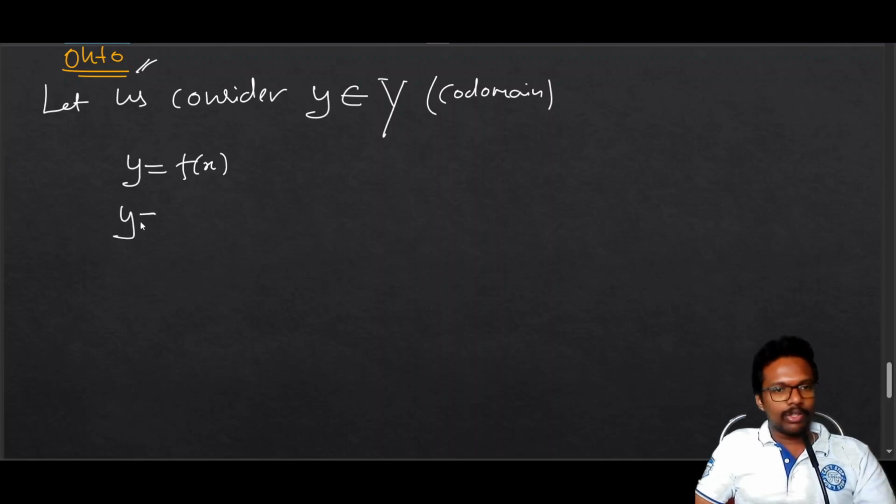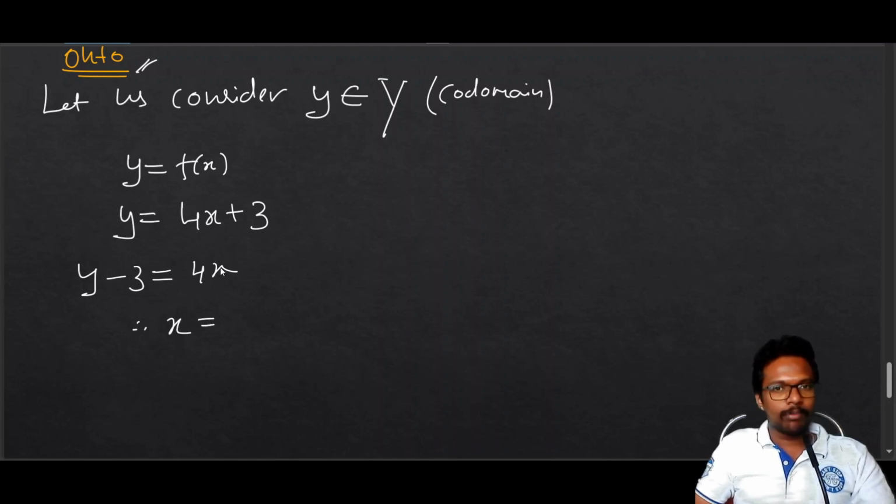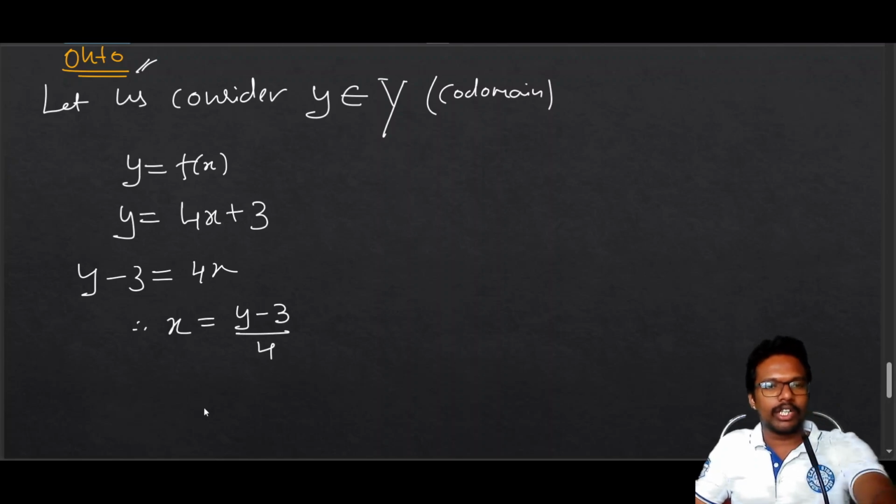So y equals f of x means 4x plus 3. In the question we have f of x means 4x plus 3. Our main intention is to find the x value. So I am not changing this 4x, I am just moving this plus 3 to the left side, it becomes y minus 3. Therefore x equals, now this 4 is multiplied to x, no? So if we move this 4 to the left side, it becomes division. So y minus 3 divided by 4. So now I got x equals